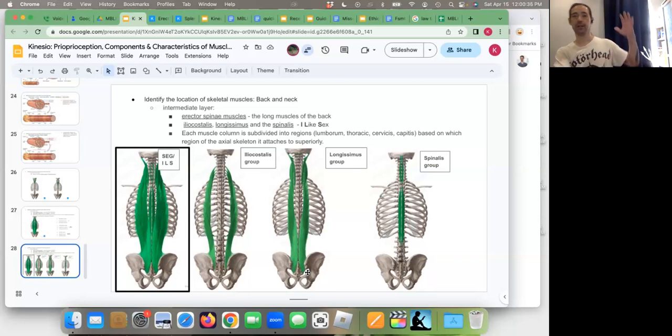So if I wanted to take my left hand and reach down to the floor and pick up a pencil, I would be side bending. So that would be contraction on the left side of the erector spinae muscles. It would be my spinalis group, my longissimus group, and my iliocostalis group on the left side of my spine that are shortening concentrically. And the muscles on the other side would be lengthening. They'd be contracting eccentrically. But the question is going to come to you like, which muscle does